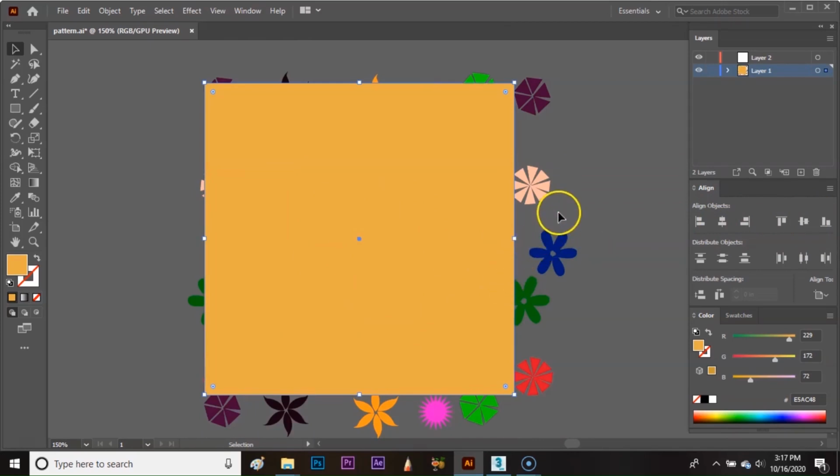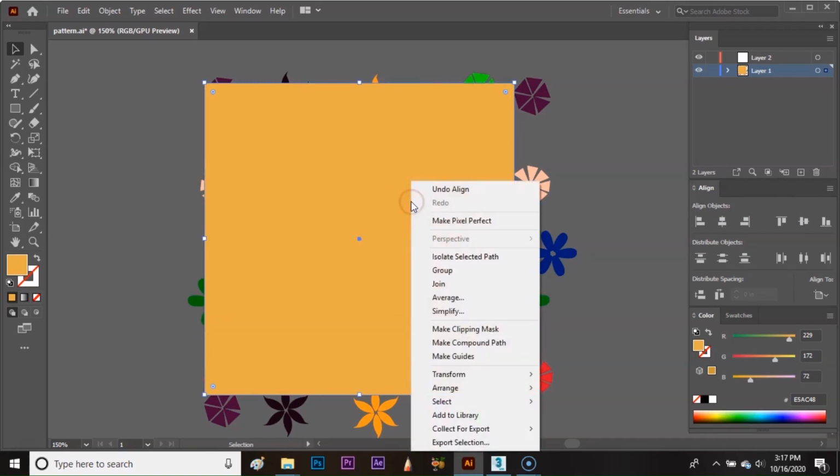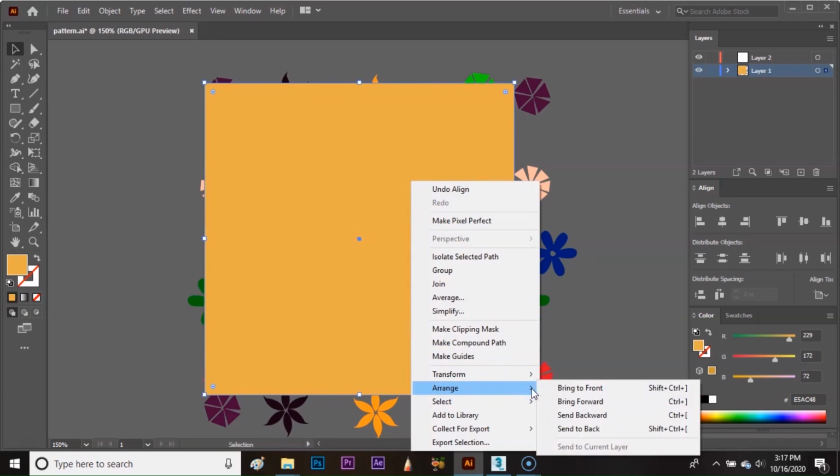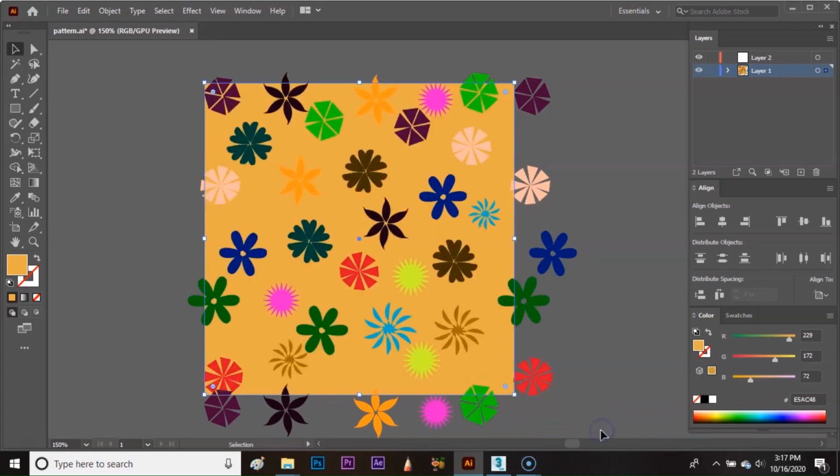Now all we have left to do is set the background to the back. Just select the background, then right click, go to arrange and click send to back.